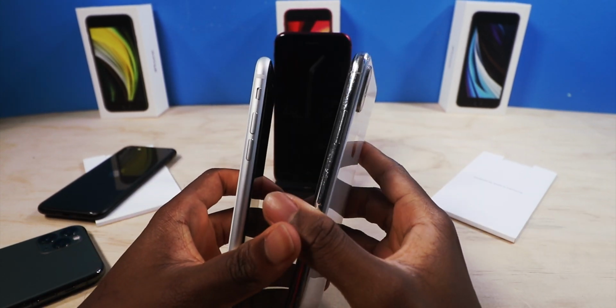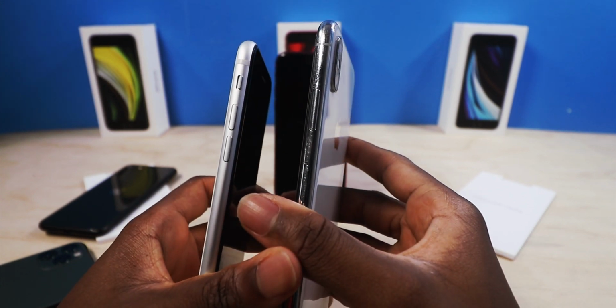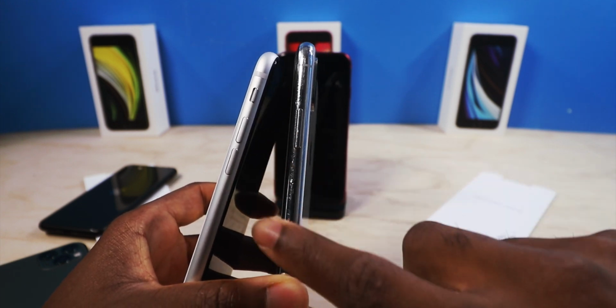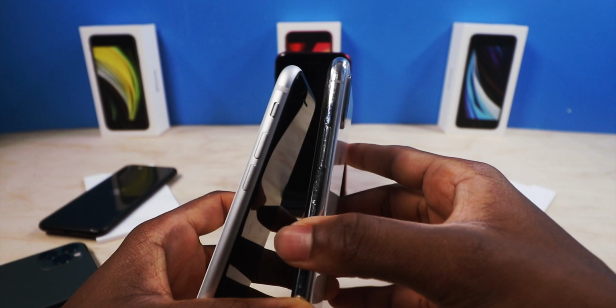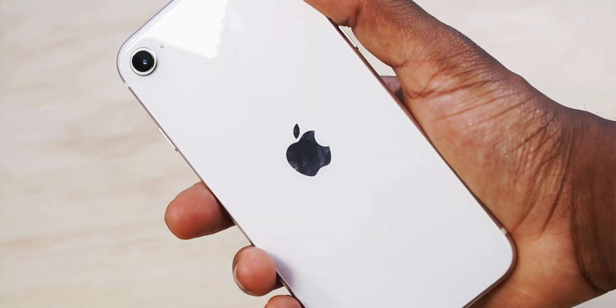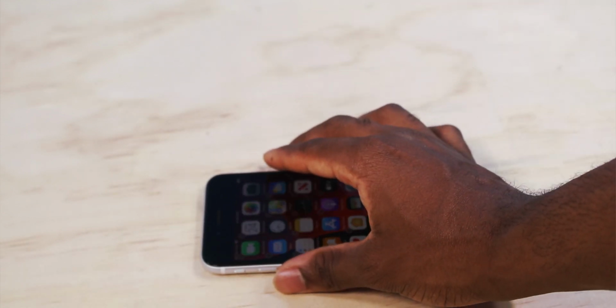And of course the sides are totally different. So you have that stainless steel in the iPhone 10 versus aluminum. Honestly, some people might like the aluminum better because throughout time the stainless steel is going to scratch up, but you can polish it up if you get some polishing cream, and it's going to look good as new. But I just didn't take the time out to do so. I might even make a dedicated video just talking about this scuffing on the side and on how to, you